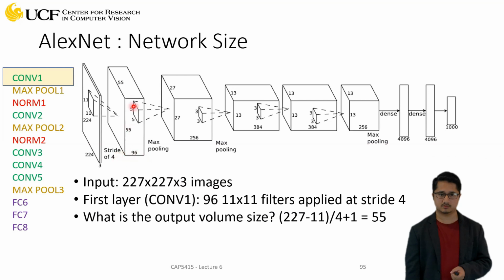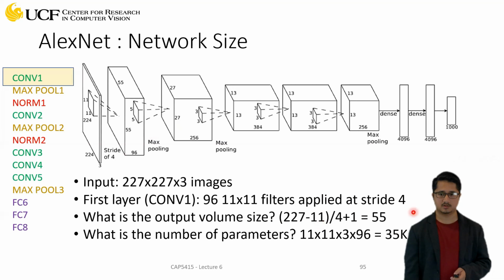Okay, so that was the first convolution layer. And similarly, you can go through the whole architecture here, and you will be able to understand how we are going from 224 to 55 or 27 and then to 13 cross 13 to 256. We just need these variables and the equation. Okay, so now the question is,